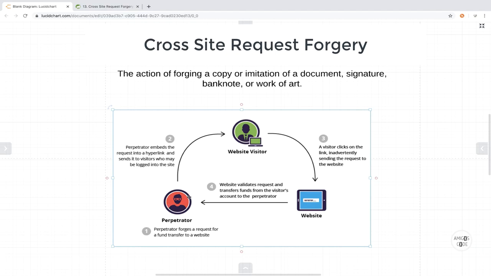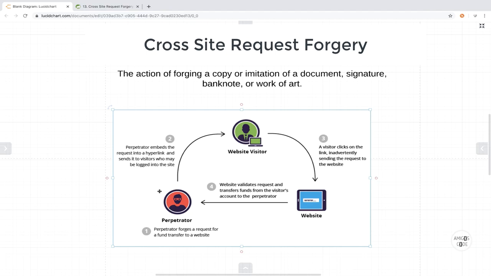If the attacker manages to send this logged in user into a malicious website, then the logged in user is in real trouble, because when the logged in user clicks on the link embedded by the attacker, it pretty much just sends the request into the real server that takes money from the logged in user into this attacker's